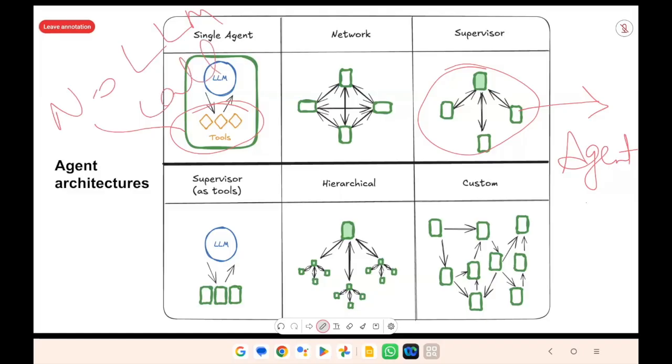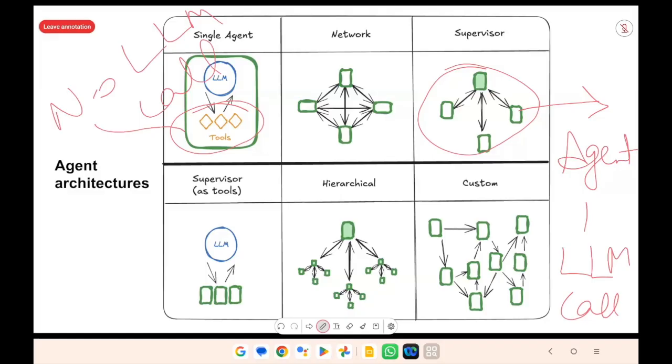Whereas in an agent, you always have an LLM call. Or in other words, an agent has the capability to think and answer, whereas tools are just equipments. Hey, you want to do a calculation? Let's use a calculator. You want to find the weather? Let's use a weather API. You want to search the internet? Let's use a search API. That's all. So it is nothing but a tool. There is no thinking. It just gets the input and gives out the output. But in an agent, there is a dedicated LLM call when the thinking process is involved. Is that clear?